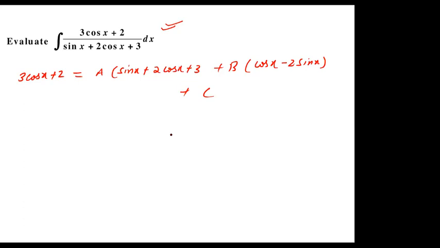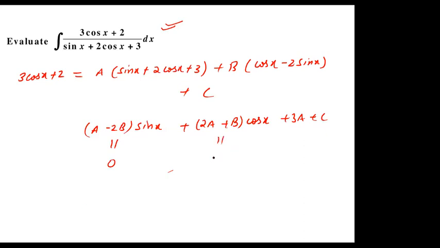Just compare the coefficients and then you'll get it, like we have done in the last one, right? So we'll compare and then find out the remaining part. It will be nothing but, for sin x, here we have a and here we have minus 2b. So a minus 2b for sin x, and for cos x, from the first one we have 2a, then plus b cos x, then we have plus 3a plus c, right? So this will be the coefficient of sin x, which is nothing but 0. This will be the coefficient of x, which is 3 on the left hand side, and this is nothing but 2. So find out the value of a, b, c, and then proceed, right?